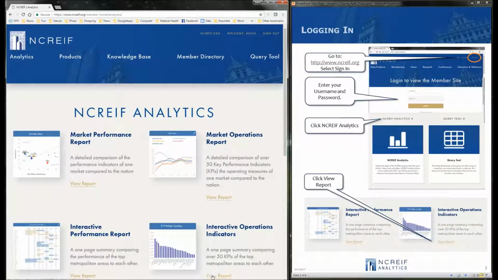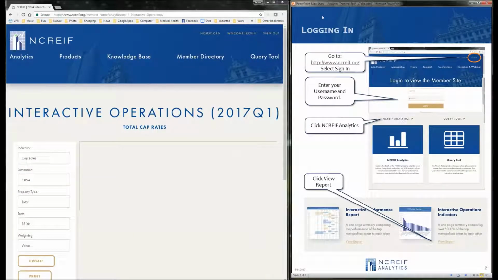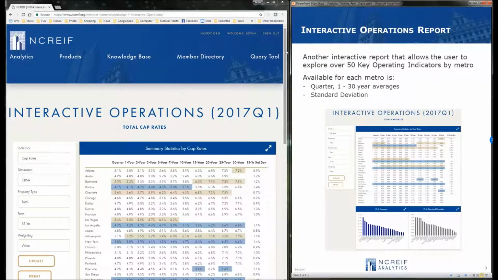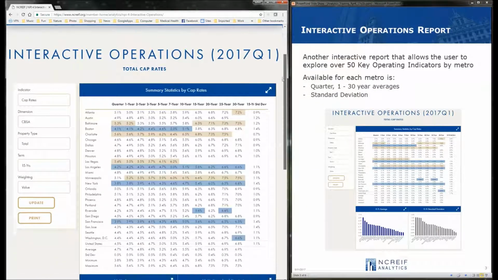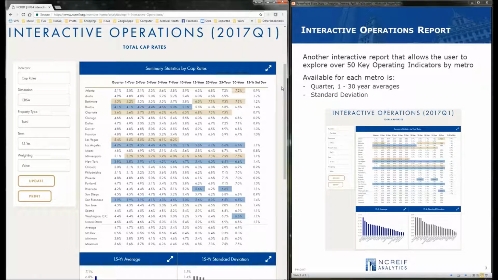Using the property-level cash flows from the contributing members, each quarter NCREIF transforms over 10,000 property indicators to compute its KPIs, which monitor the health of the top 25 institutional real estate markets. This report was designed to allow the membership to browse the KPIs in a comparative way. The report will initially display showing the cap rate statistics for each of the top 25 metro areas in the